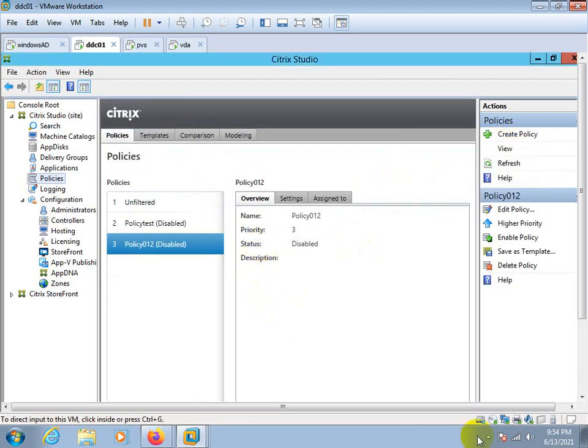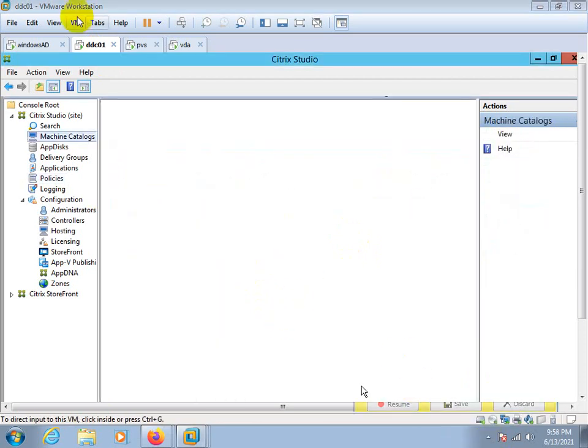Here, going to the machine catalog, creating a new catalog over here. Why is it getting slow?